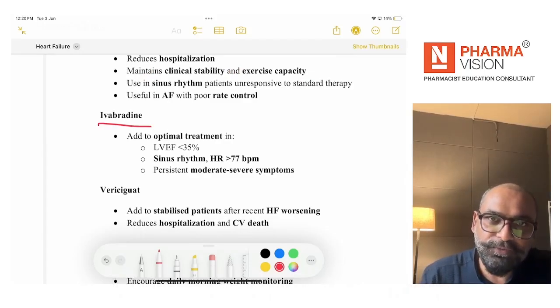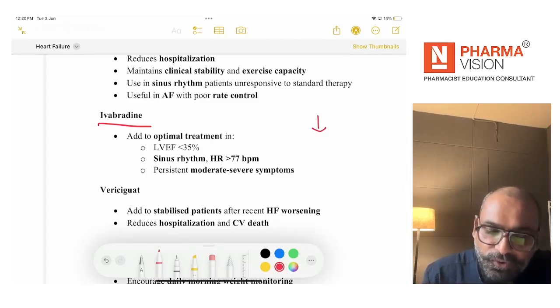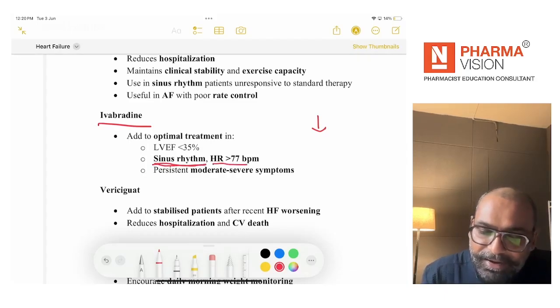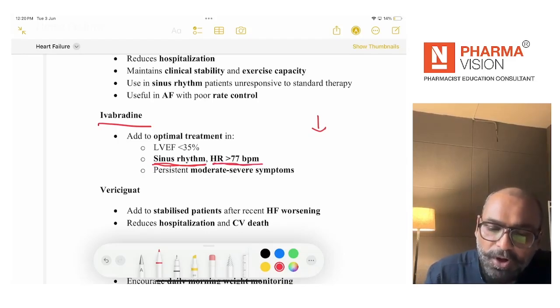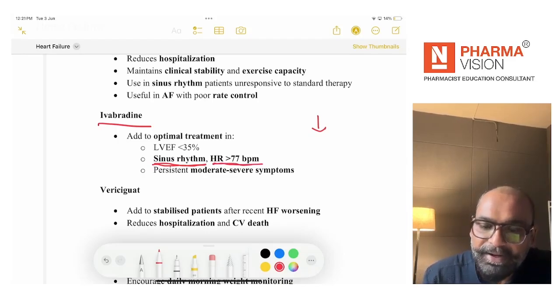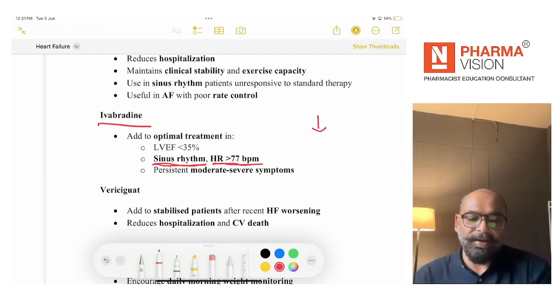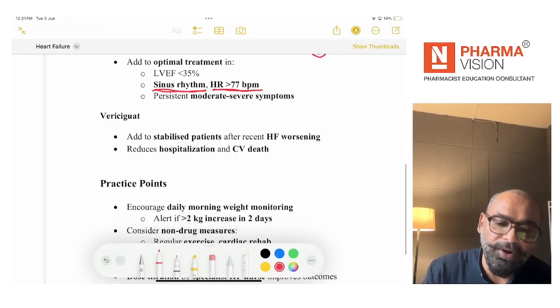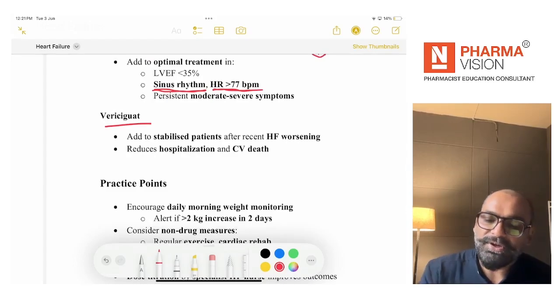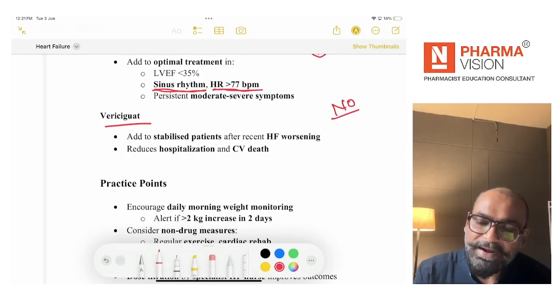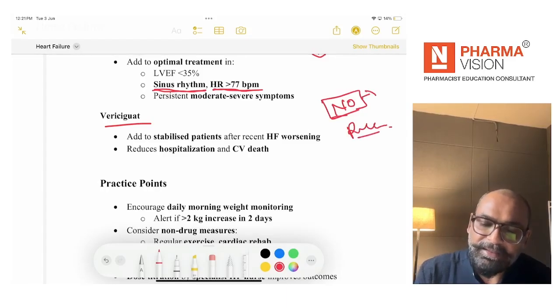Ivabradine is used for angina patients, but the most important thing is that it reduces the heartbeats. So the patient must be in sinus rhythm, which should be normal, and the heart rate should be more than 77 beats per minute. If it's not more than 77 beats per minute, then that increases the risk of arrhythmia. That is a very important point. Vericiguat is related to nitric oxide concentration, so it's a smooth muscle relaxant medication, and that is also used for